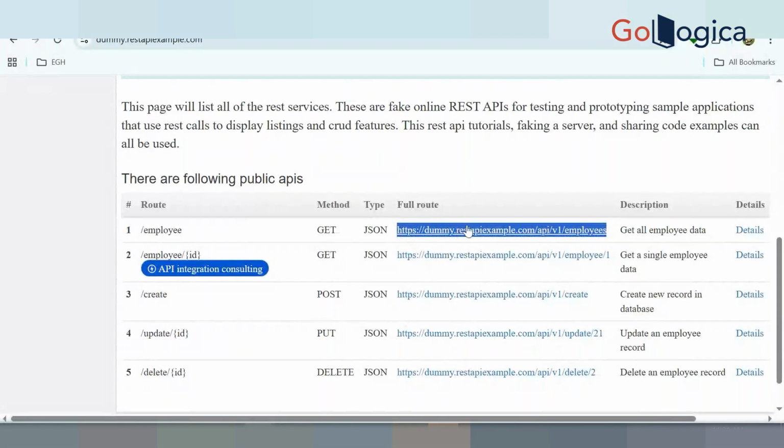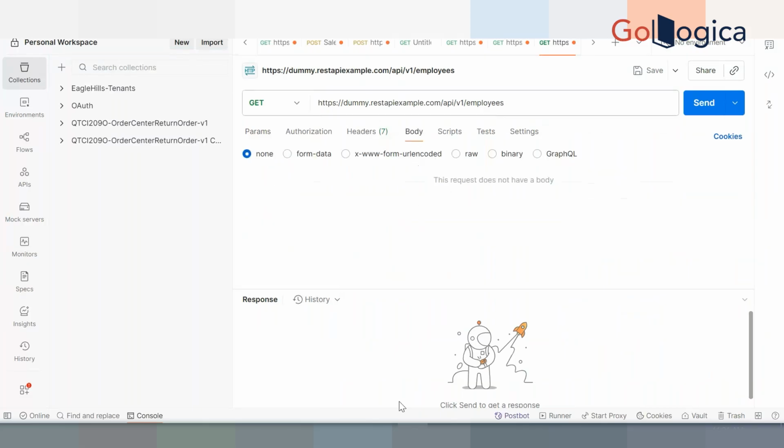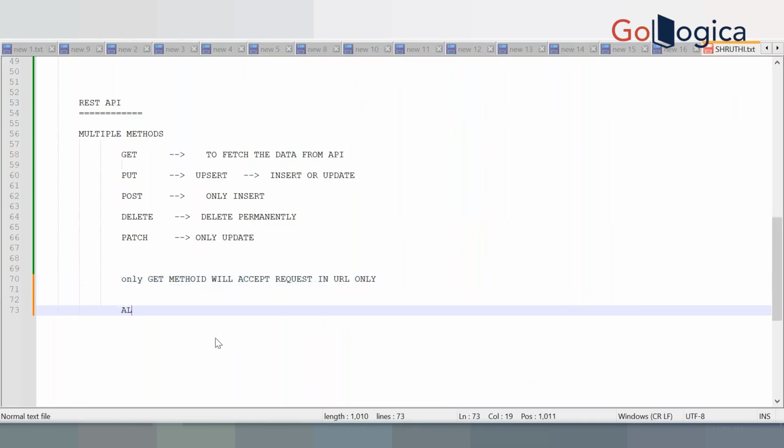By hitting this REST API, we can see how many records there are. Get all employee data: how many employees are there? Control V, and we can select the get method. Only the get method will accept the request in the URL.